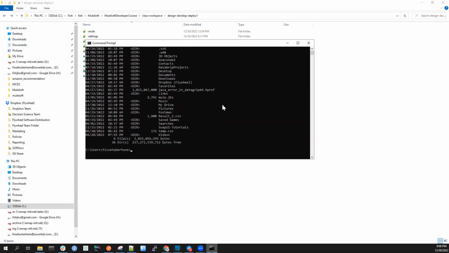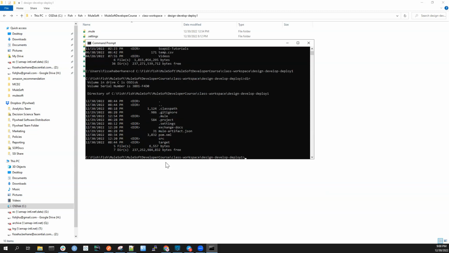Then for changing paths, there is a command called cd. Cd means change path, change directory, or change folder. Directory means folder. Paste it here. Then it will take me to that location. See, now if I type dir here, directory, you see our pom.xml file is here. So we type Maven mvn clean deploy